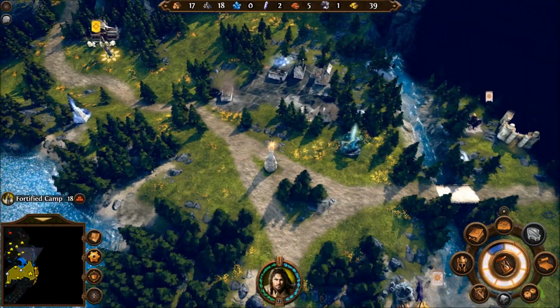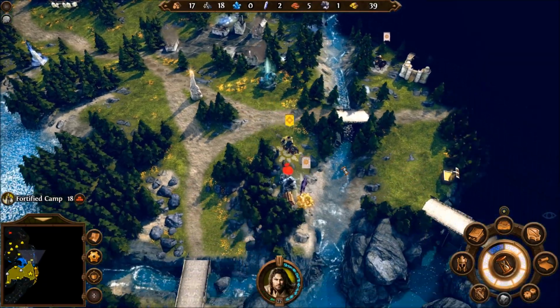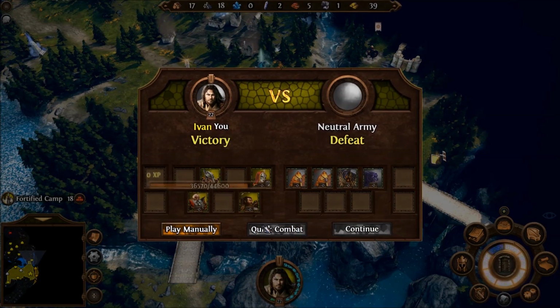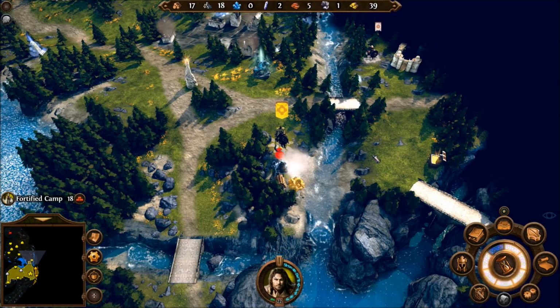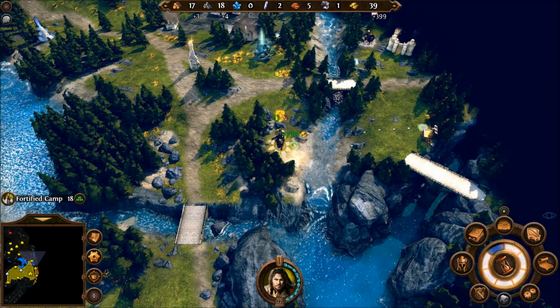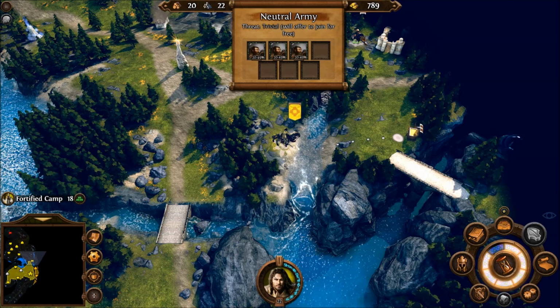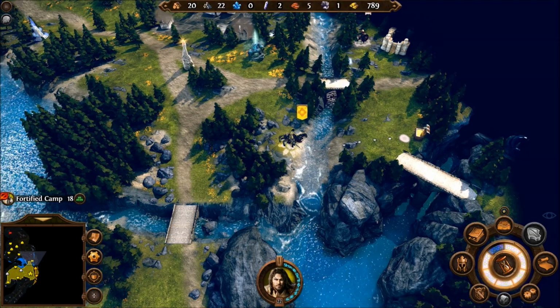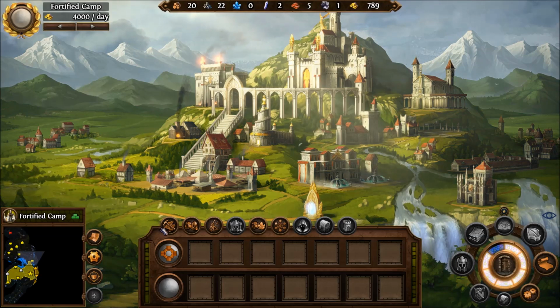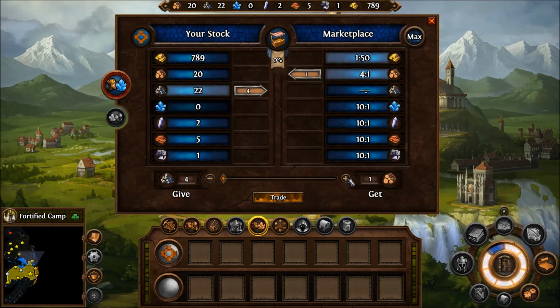Alright, so we know that apparently battling griffins is an awful idea because they cheat, or they bug out, I guess. Whatever. Quick combat. Whatever we get, we get. It's fine. We're going to go ahead and grab this, and this, and this. And there's a treasure chest over there that I apparently can just walk over and take, so I will probably do that. Those guys will join us for free, so we will go and get them as well. And it looks like our fortified camp is not ready to do much. However, if we trade...